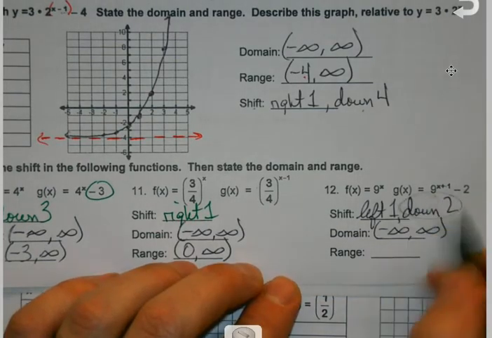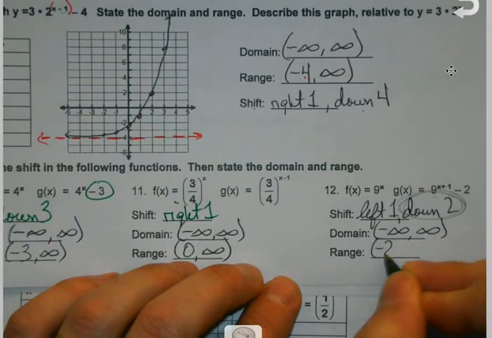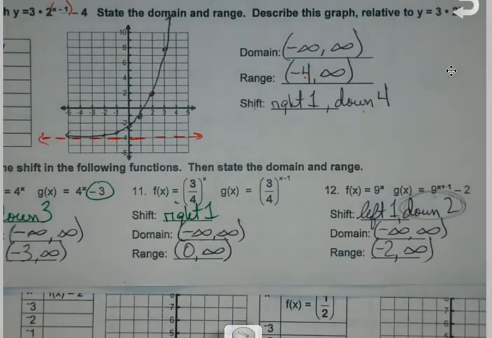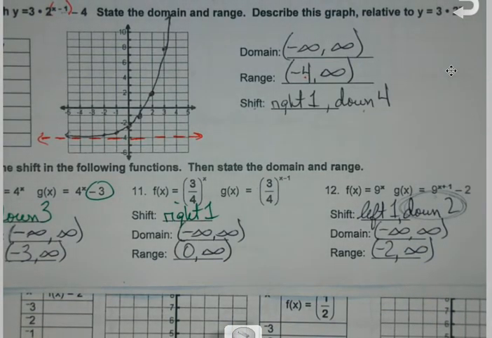Right, because the down 2 moves my range with it. If I'd had an up shift, it moves that too. Okay? So, to reinforce some of this,